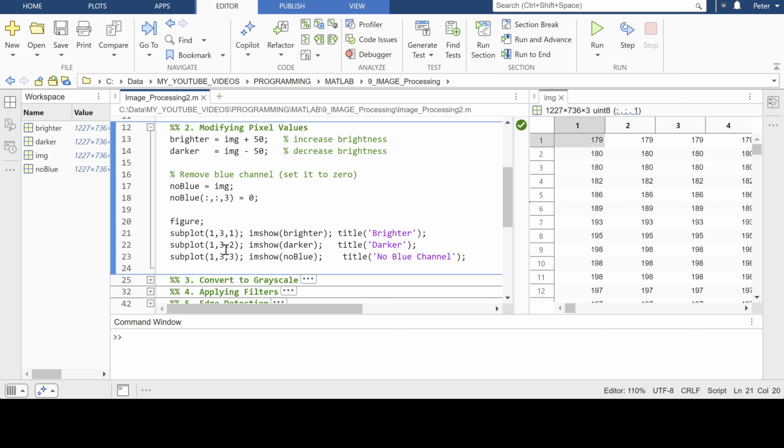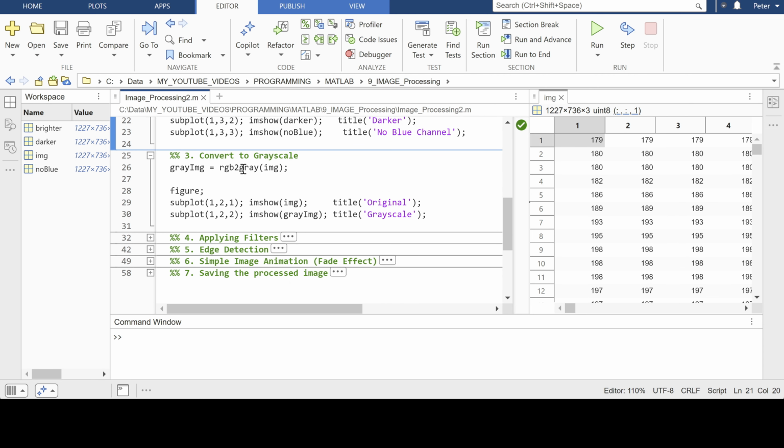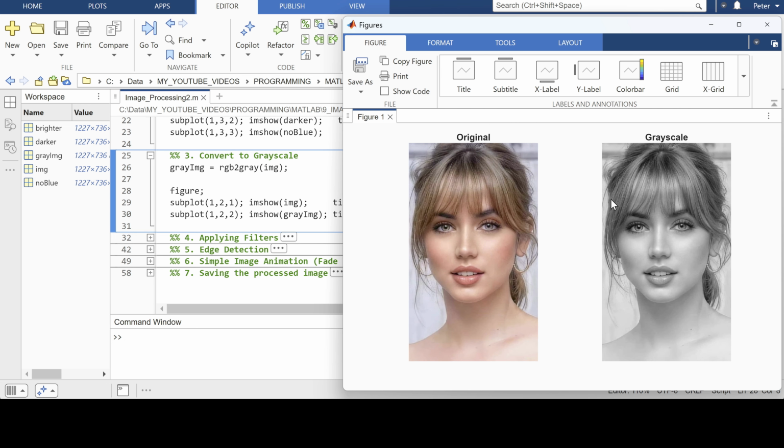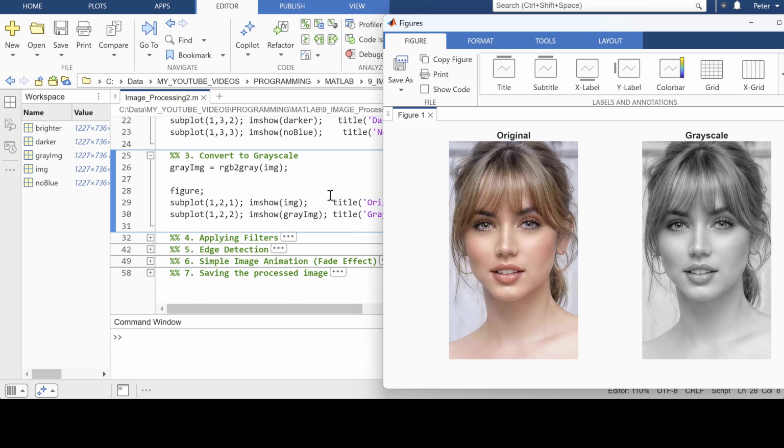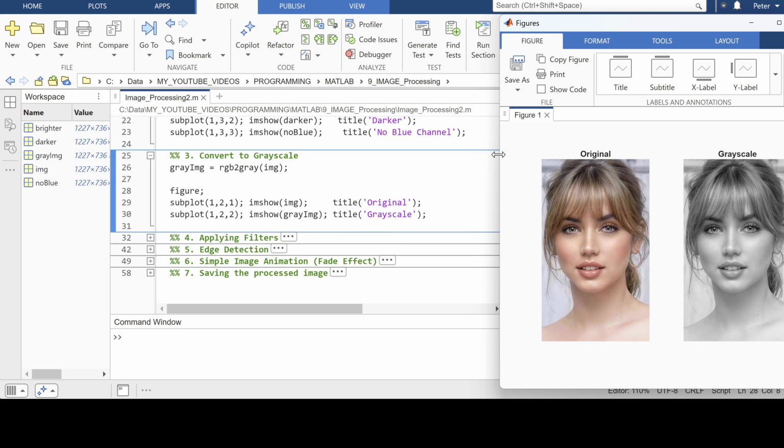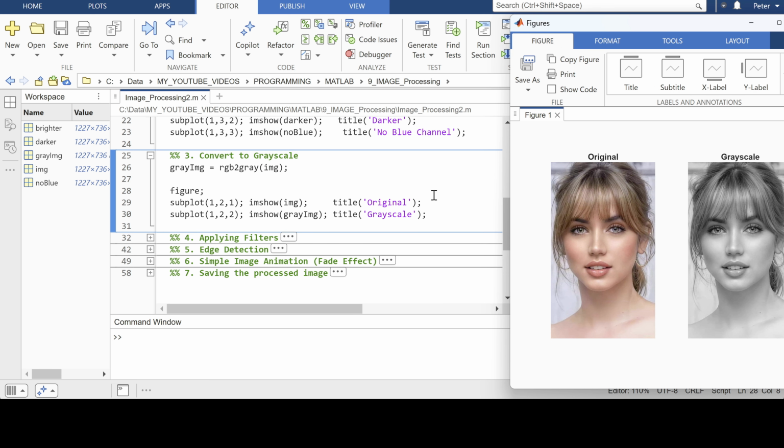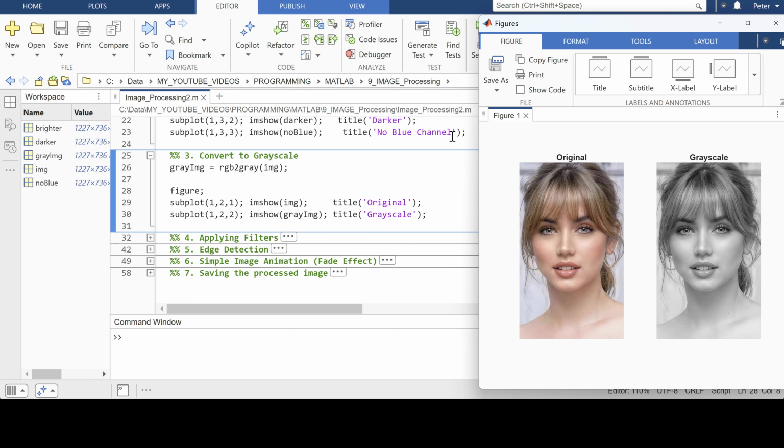Color images contain 3 channels, red, green, and blue, so they are stored as a 3D matrix. If we want a simpler representation, we can convert the image to grayscale. Grayscale images contain only 1 intensity value per pixel, so it becomes a 2D matrix instead of 3 layers. Each value represents the brightness of that pixel, with 0 being black and 255 being white. Grayscale images are widely used in computer vision, medical imaging, robotics, and many pre-processing pipelines because they reduce data size